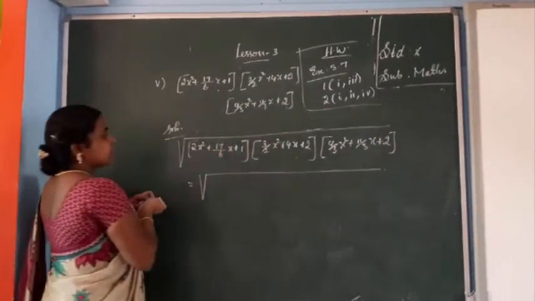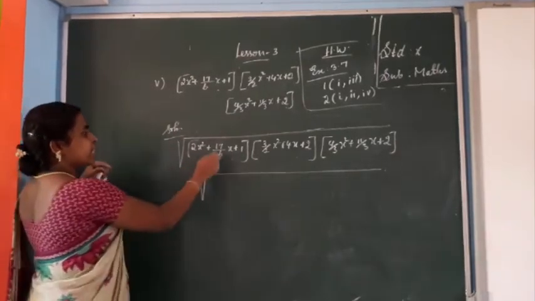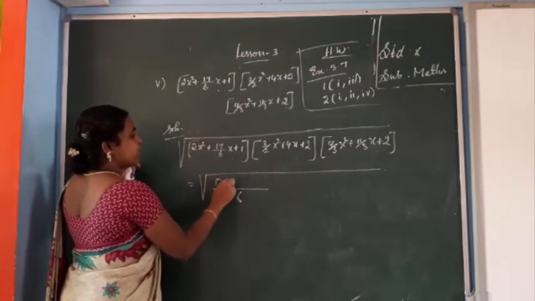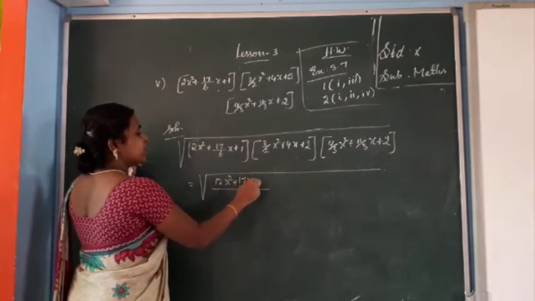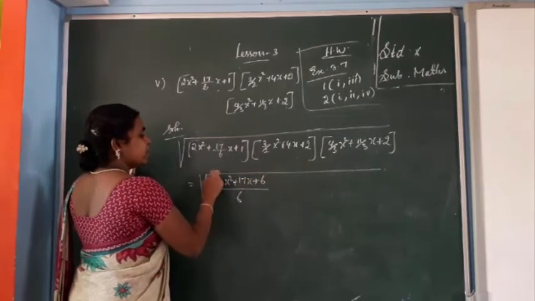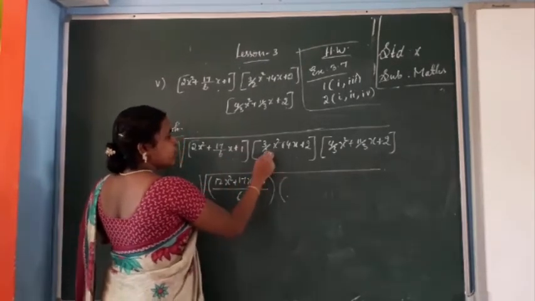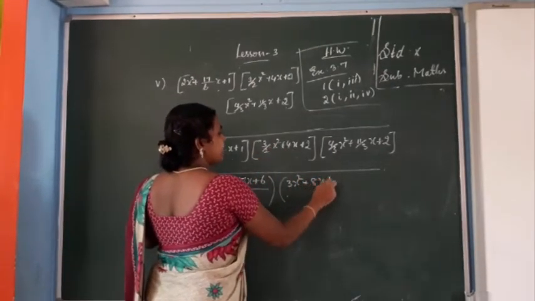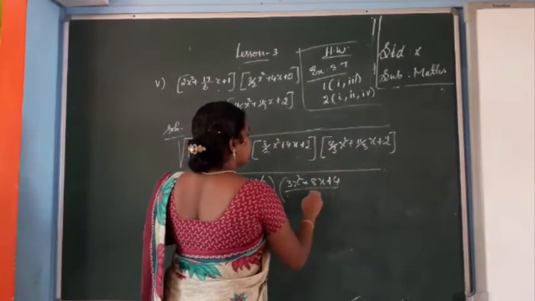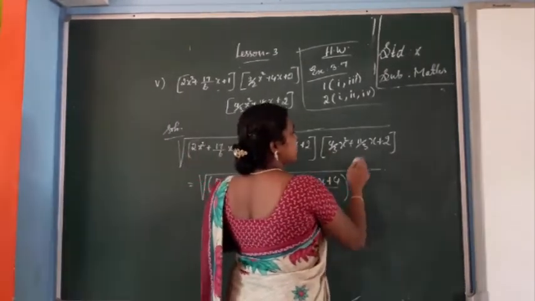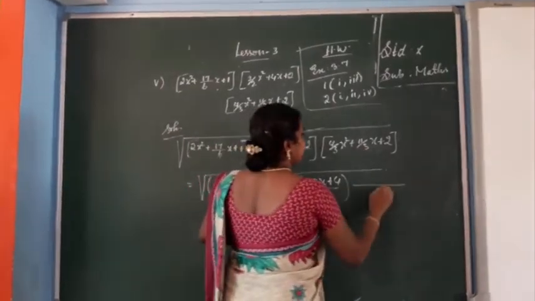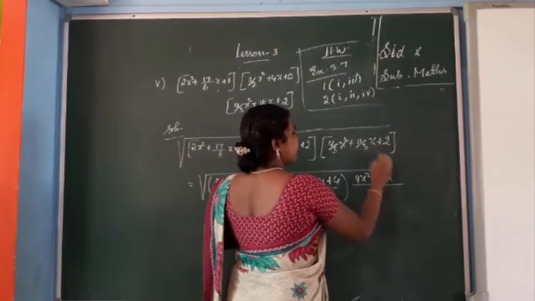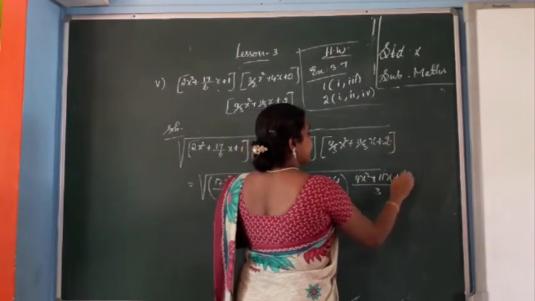Okay, now you see, one term is a fraction. So let's take the LCM. LCM is 6 for the first part. 2 6s are 12. So 12x square plus 17x plus 1 into 6 is 6. Okay, so first part over. And the second part, here 2 is the LCM. So 3x square plus 2 4s are 8x plus 2 2s are 4, by 2. Then the third part, you see 3 and 3, so 3 is the LCM. So 3, then here 4x square plus 11 into x, 11x. Here 3 is missing, so 2 into 3 is 6.